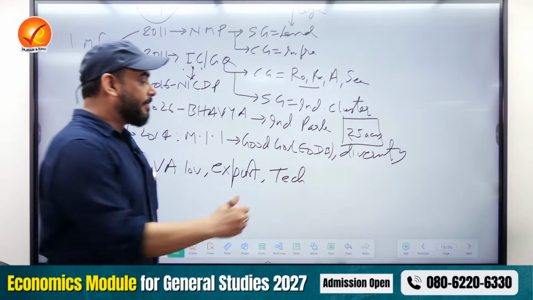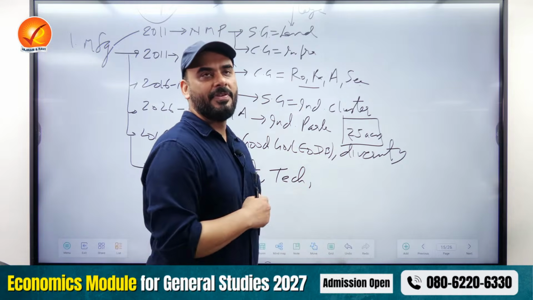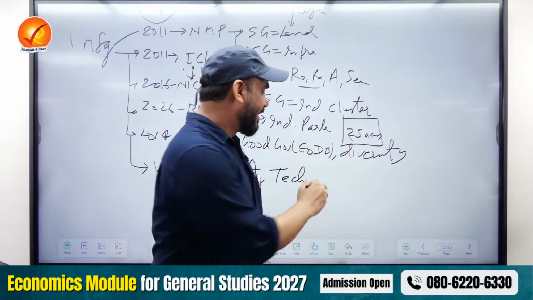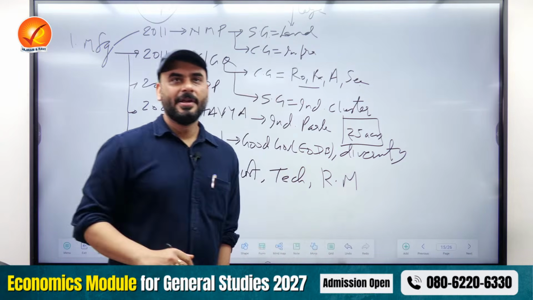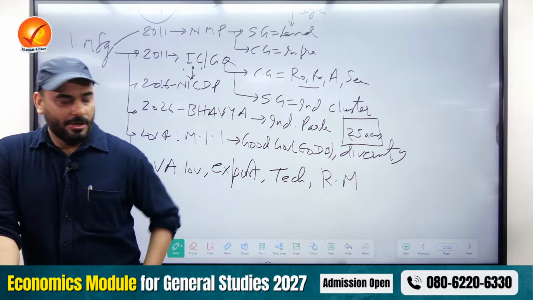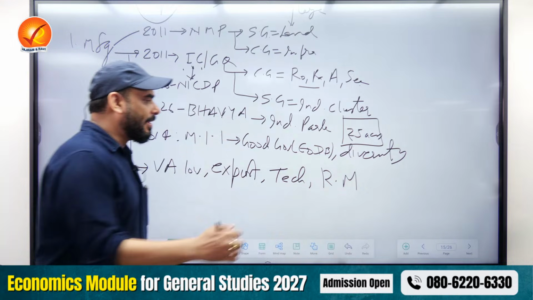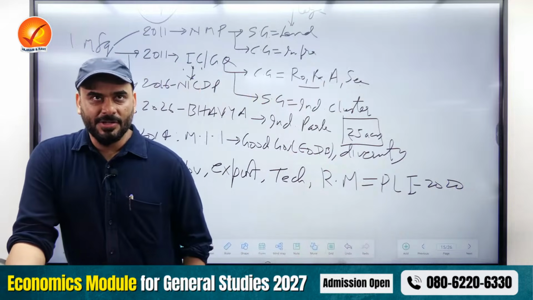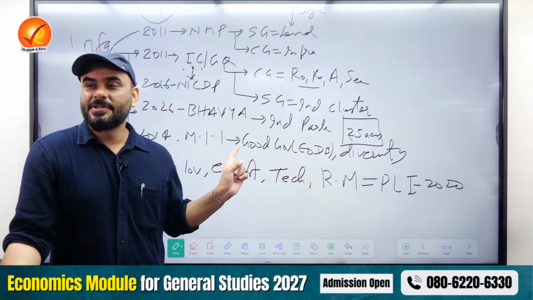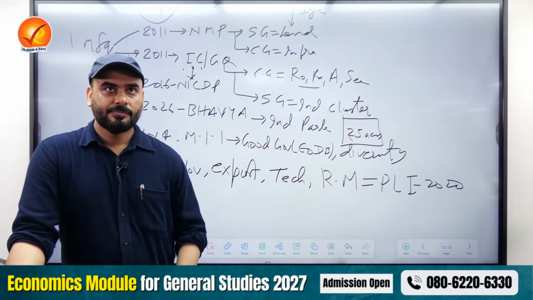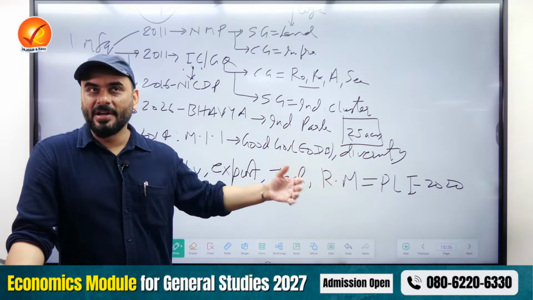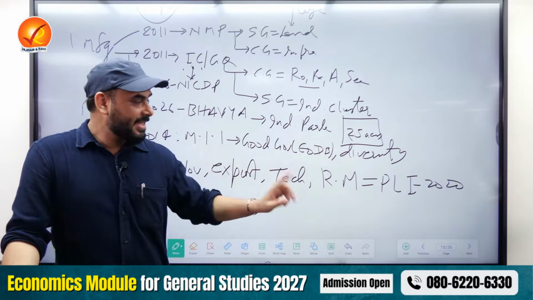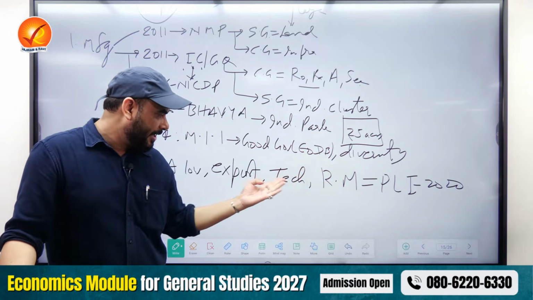There is another problem which is haunting India. For example, we are one of the best countries in the world in terms of medicine, but the raw material comes from China. So there are many raw materials which hurt us. And our supply chain of raw material is very weak. To take care of these problems, the government of India launched PLI in 2020. And government said, if any industry is taking care of these things, then I will provide them cash, I'll provide them help so that they are able to get these achievements for India. So government says, I will give you cash so that you can achieve raw material, technology and export for India.